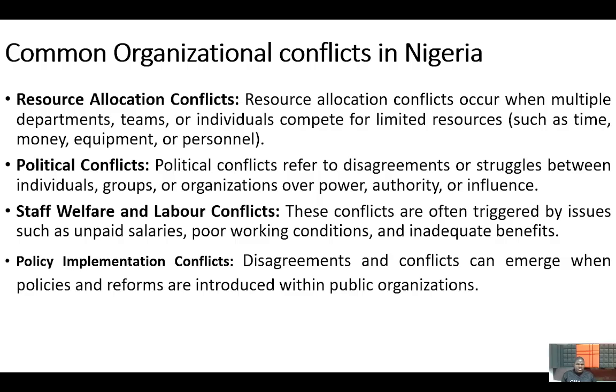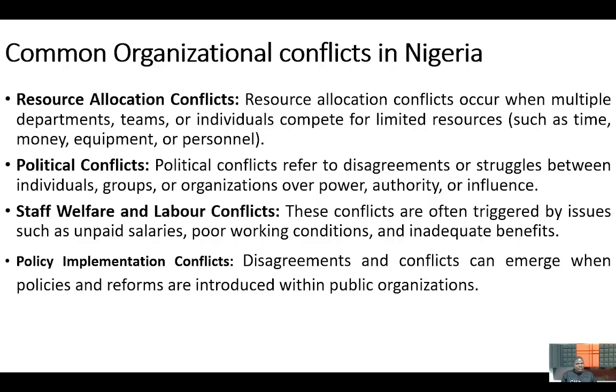So political conflict occurs when there is a struggle for power, authority, and influence, either in an organization or even outside an organization, as the case may be. Most people go the extra mile to buy their way, to say things and do things that are not supposed to be done, just to get power, just to be the MD of an organization, the general manager, or the president of an organization. So these are the things that cause conflict, and when the person who deserves to be the leader is not given the position, it causes conflict.